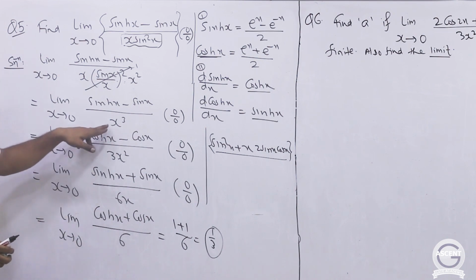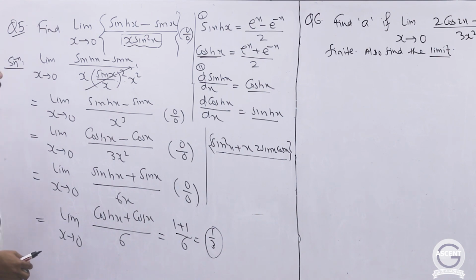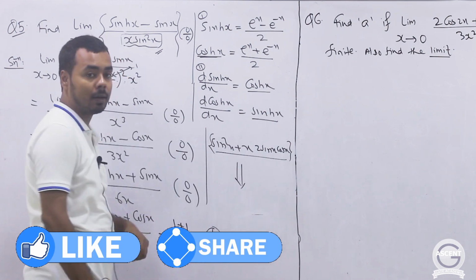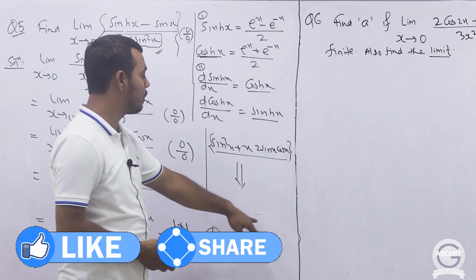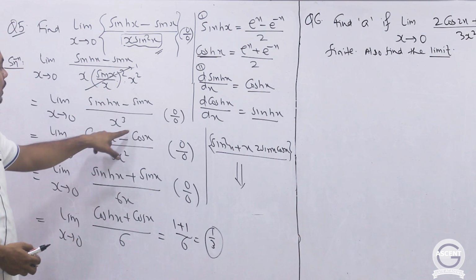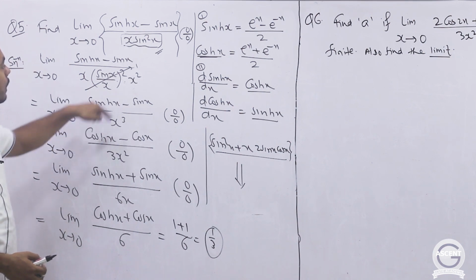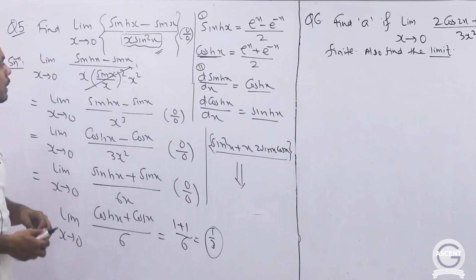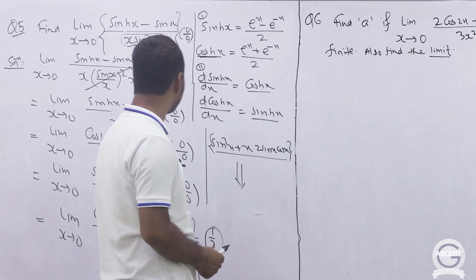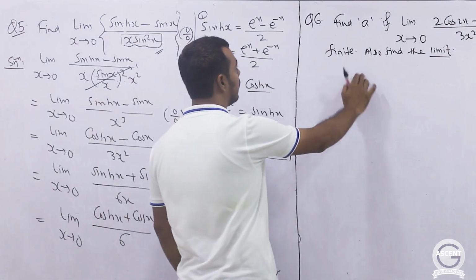We are differentiating the denominator 3 times to get rid of the indeterminate form. So if you start with the original function, then the derivative of the denominator will become complicated. So you will get the same answer, but this will require more calculation. So we have divided and multiplied by x squared, this becomes 1, denominator is x cube. Now it is much easier to differentiate x cube 3 times compared to differentiating x into sin squared x 3 times. So this was one interesting question where we had to learn how to apply L'Hopital's rule and how to reduce our calculation. Now we can come to the second problem.